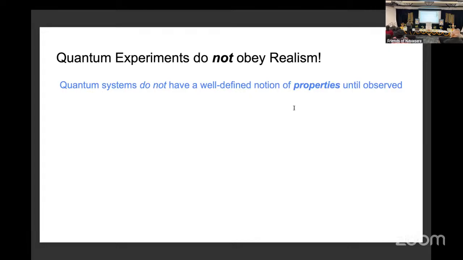What does that mean? It comes through the formalism, it comes through experiment, and this has been known now for almost 100 years. Quantum systems do not have well-defined notions of property until they are observed. Until they are observed, there's no notion of property. Obviously, when I observe it, it does something, and then I can write a sentence about what it did. But then, with that, if I want to construct a model in my head that, oh, this is what it was a priori to measurement or a priori to observation, you can't do that in a consistent manner.